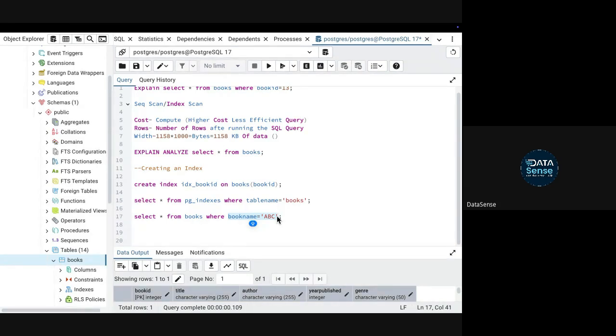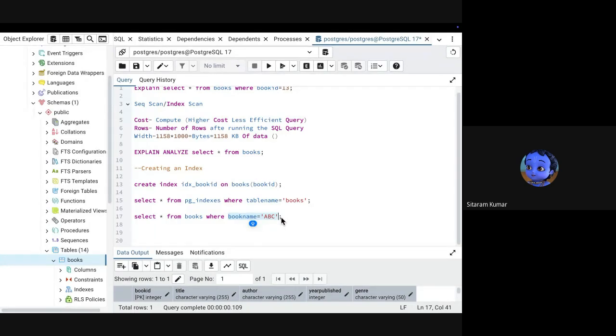Any other doubt? Satvik, I have one question. Create index, you are creating the index on the book ID field, right?